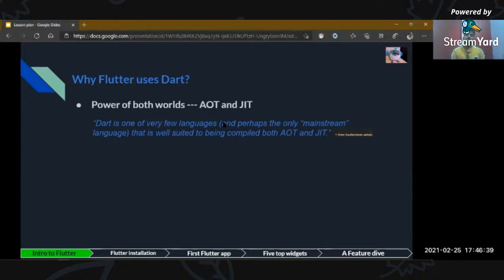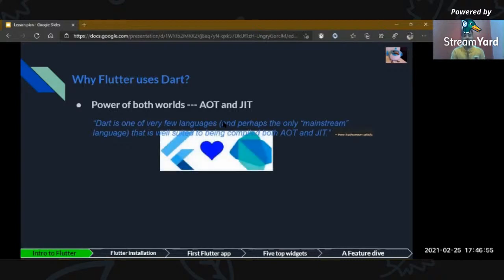So it compiles to both the AOT front and the JIT front. So it becomes a prominent language that can support Flutter very well. As I've already said, Flutter loves Dart.